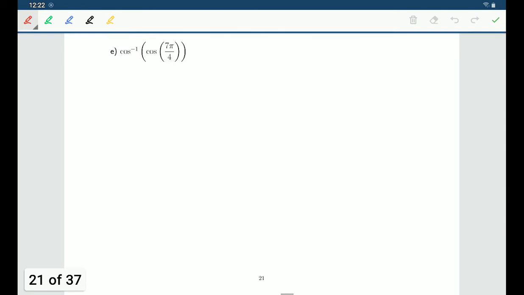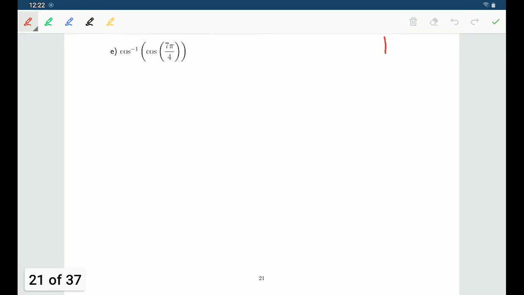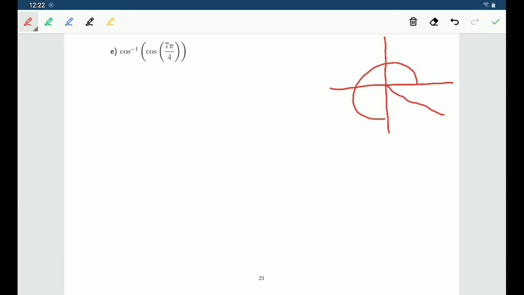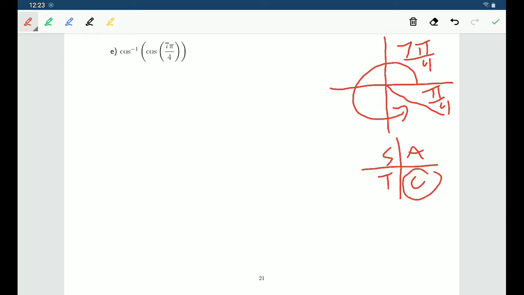Cosine inverse of cos of 7 pi over 4. A full circle, 2 pi, is the same thing as 8 pi over 4. So 7 pi over 4 is just a little bit less than a full circle. And pi over 4 should be the reference angle. So we are in quadrant 4, and in quadrant 4, that's where cosine is positive, and of course cosine inverse